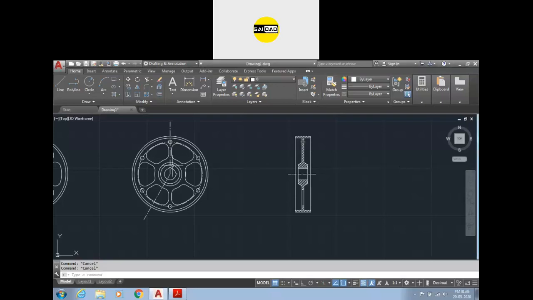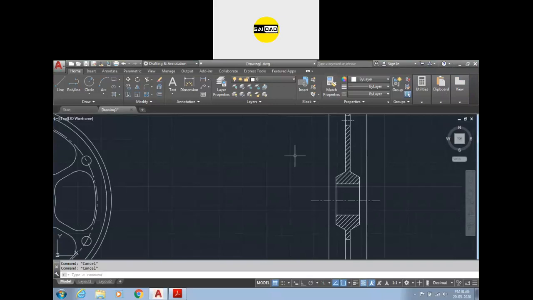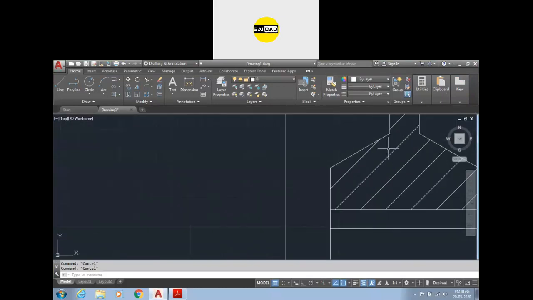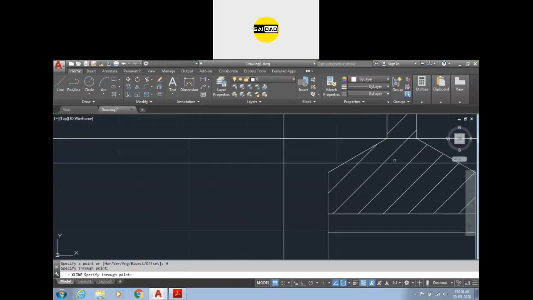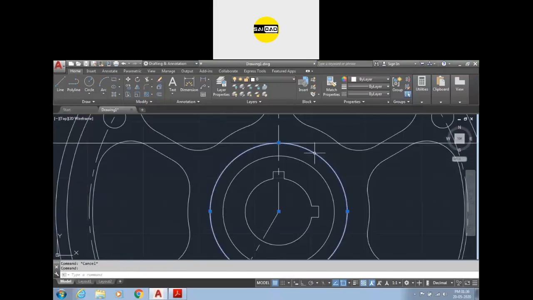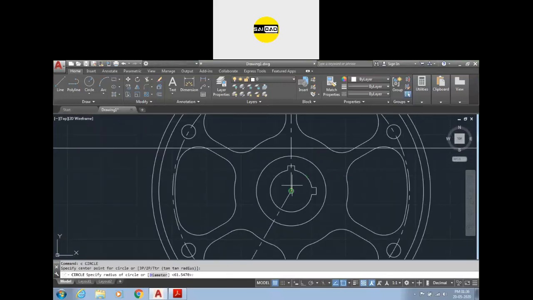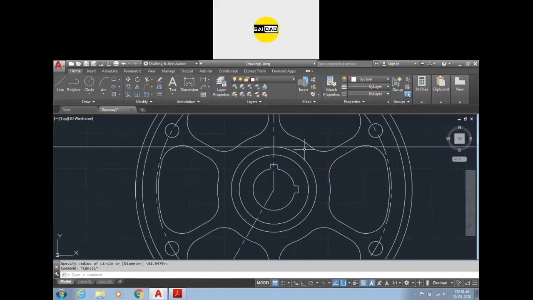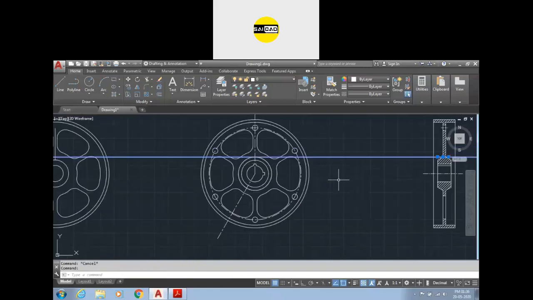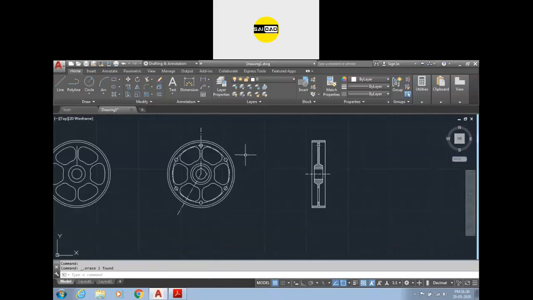Third circle, basically it's the projection. We have created this shape here and we know that the third circle is the projection of this edge here. So we can just create a construction line from this point, and you can just create a circle from center. You don't have to specify the value, just click on this point and the third circle will be created. After that you can just delete the line. Clear?